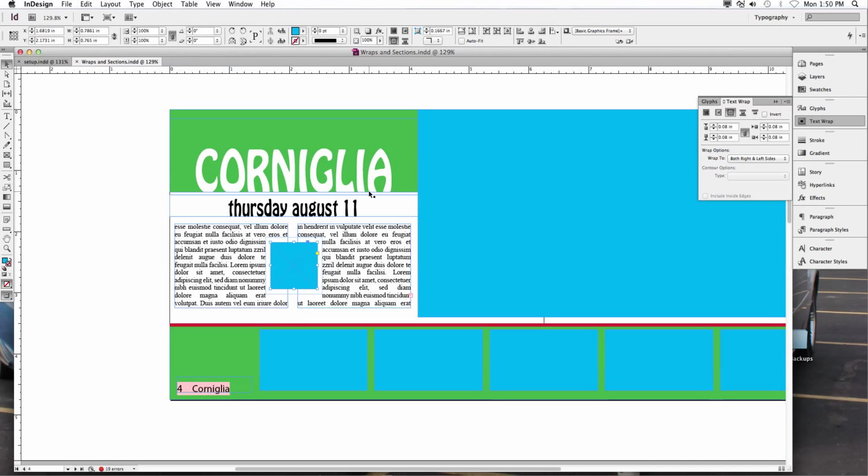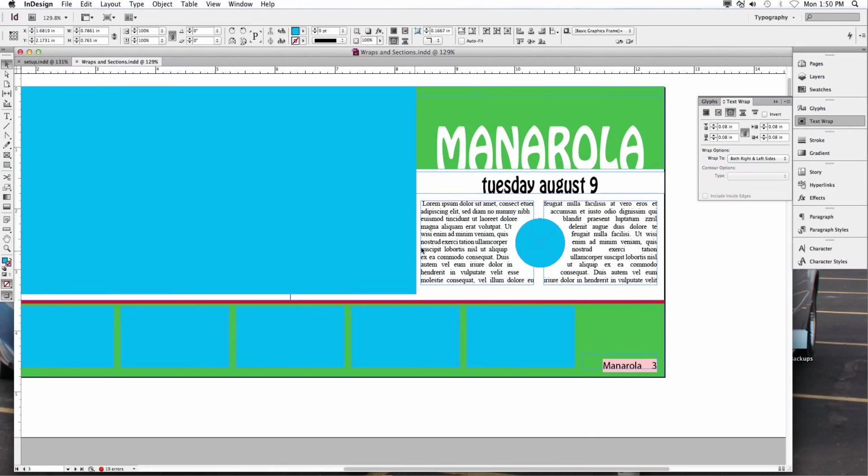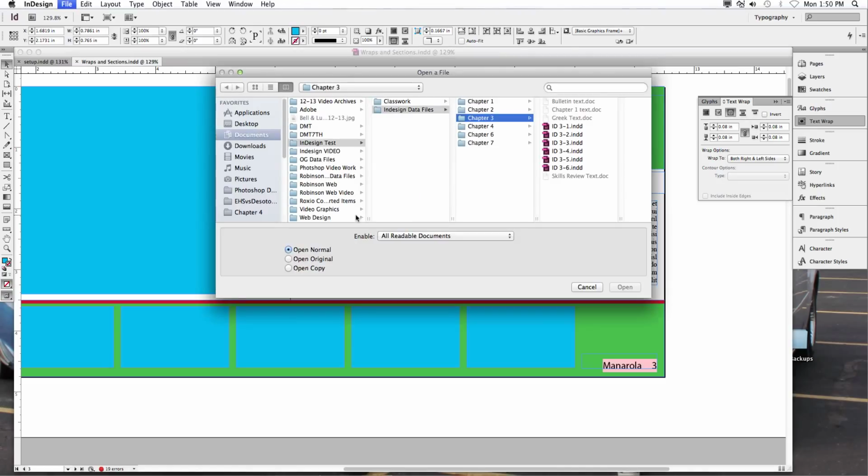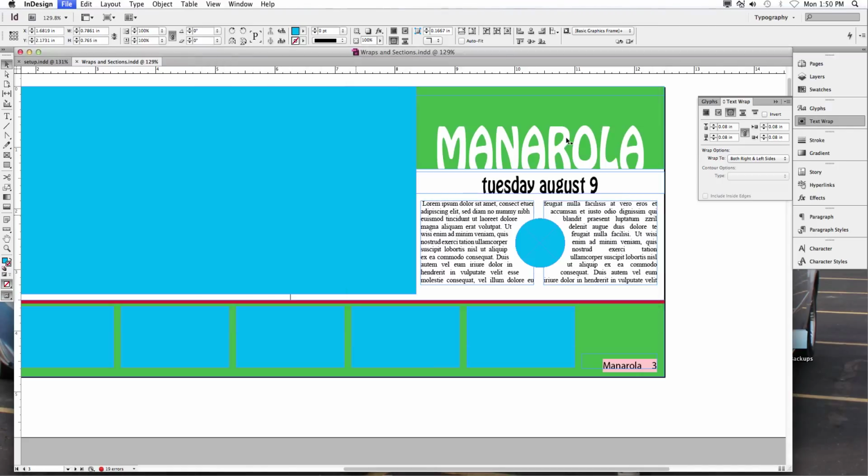or take someone's document that already made it, and what we're going to do is add in some text, wrap the text around, and look at how we can get text to go from one box to another. So if you do a Command O to open, and open from your data files, Chapter 3, 3-2, you